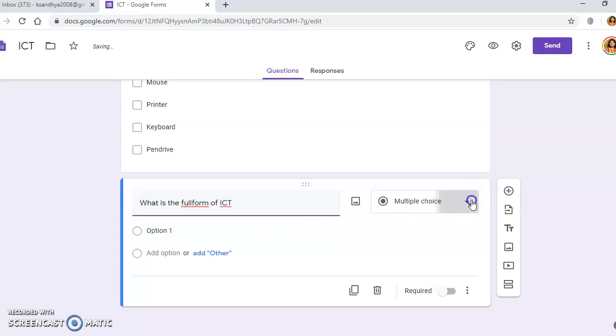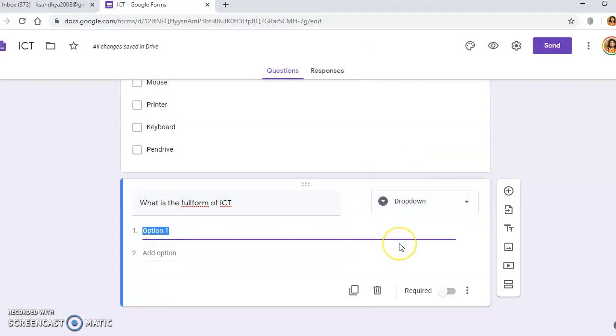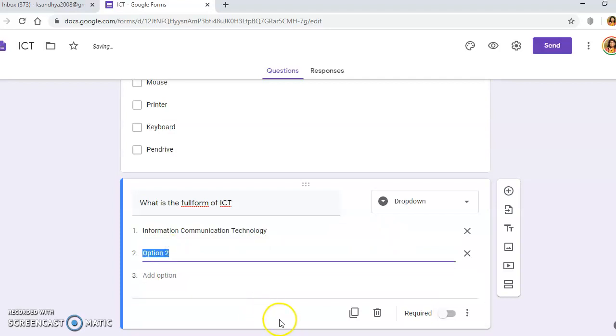Okay, and here I have selected drop down menu. So I'll give the first option, that is information communication technology. Okay, which is the correct option.